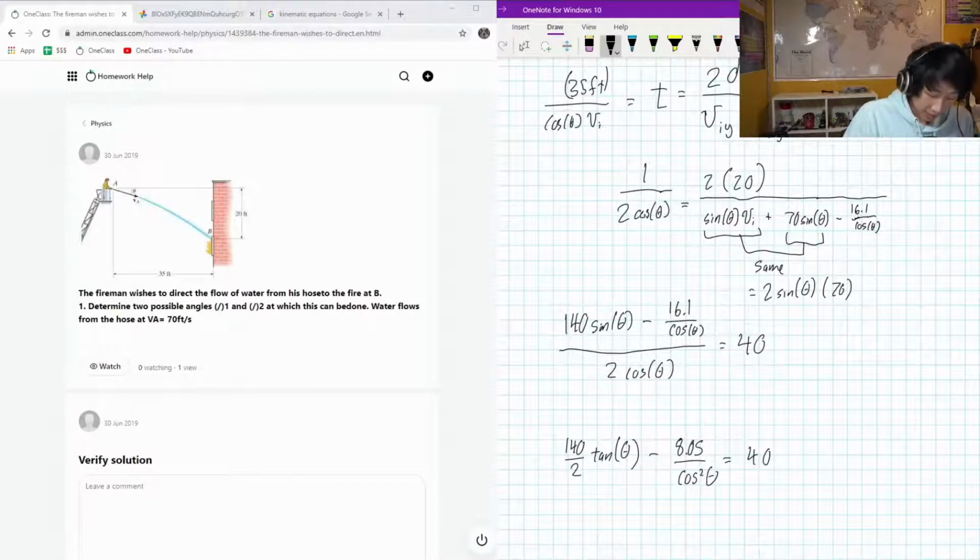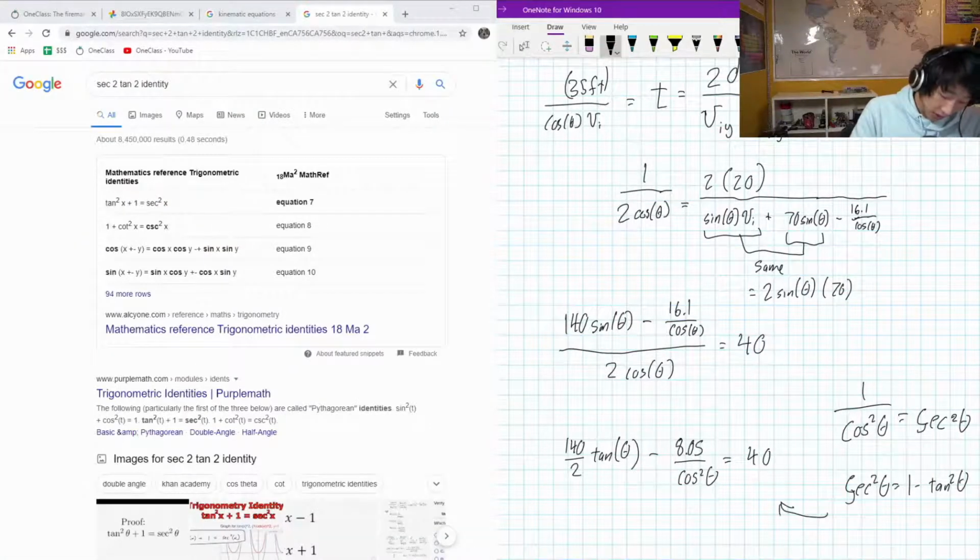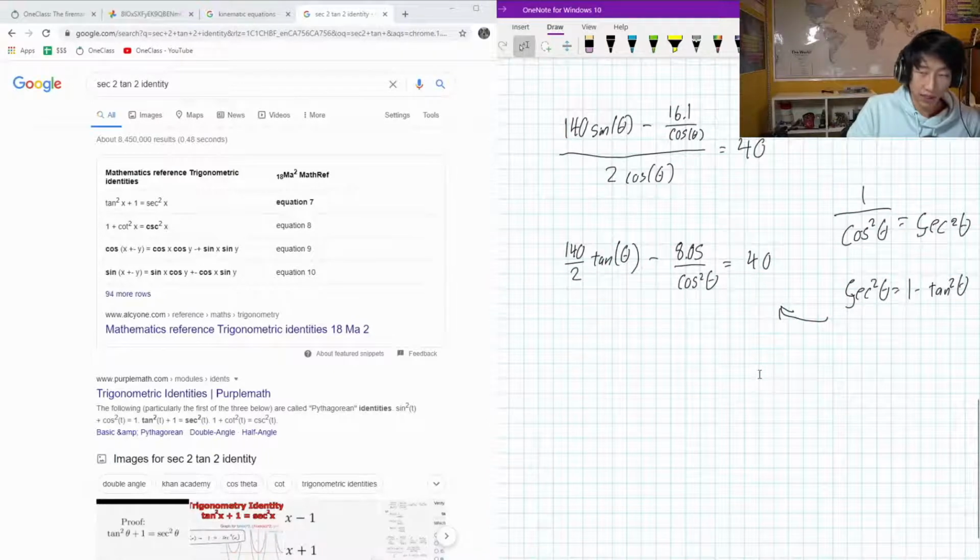Now, something that we want to keep in mind here is that the reciprocal of cos squared theta is equal to secant squared theta, and secant squared theta is equal to 1 minus tan theta, or 1 minus tan squared theta. Okay, so substituting this back into our equation, that cos squared on the downstairs will become the secant. So this will become